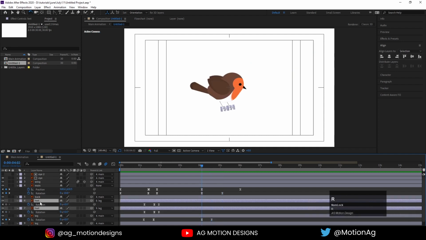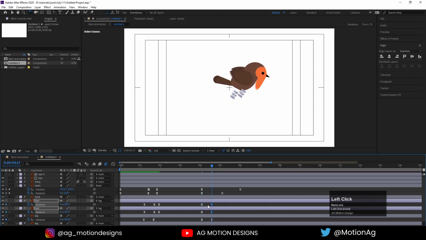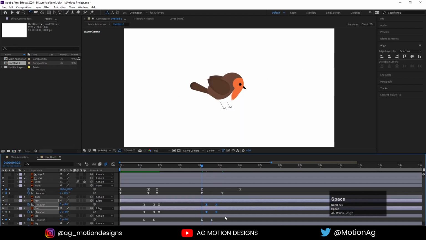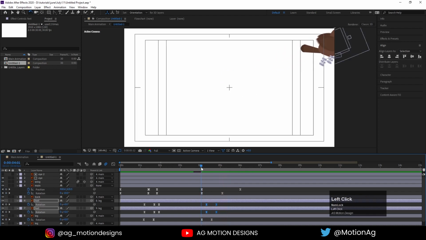Select this feet, press R on keyboard, create one keyframe at this keyframe, rotate this, select these keyframes and drag it over here.